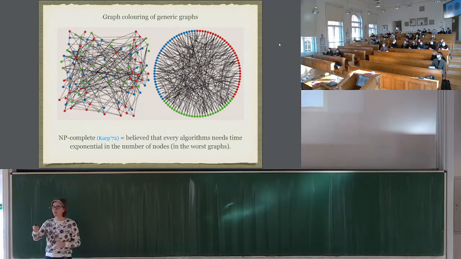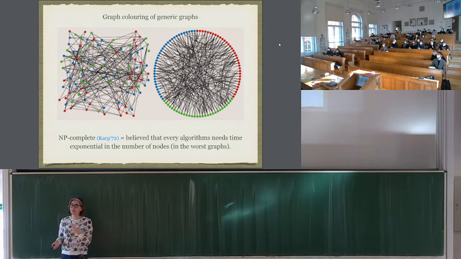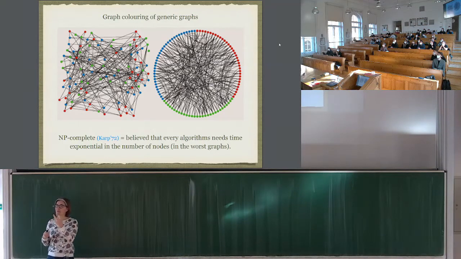I don't care about whether I place them in a circle or randomly scatter them on a plane, or whether I don't draw them at all. I just store this table of who is connected to who in a computer. And now if we take generic graphs, the edges can be crossing. The particularity of the maps is that they can be drawn with the edges not crossing. But in general, if we put many edges, they will have to be crossing. It's not possible to draw them without crossing.